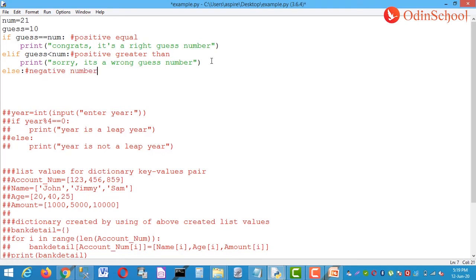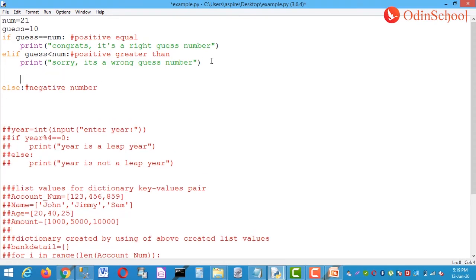And also give one condition here, like elif guess num, guess number is greater than 0 and guess number is